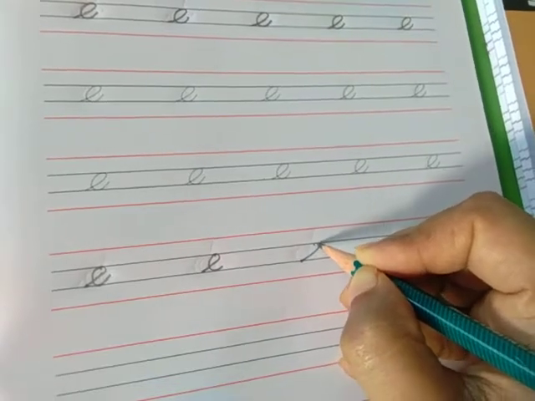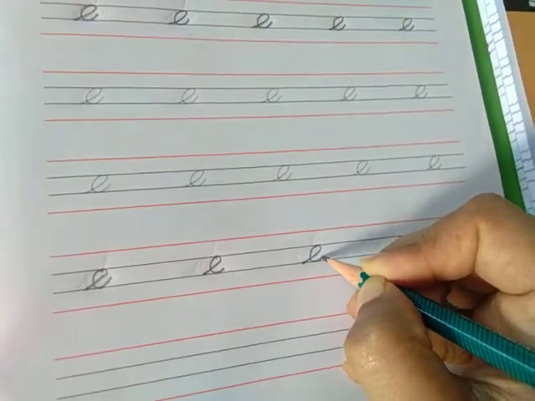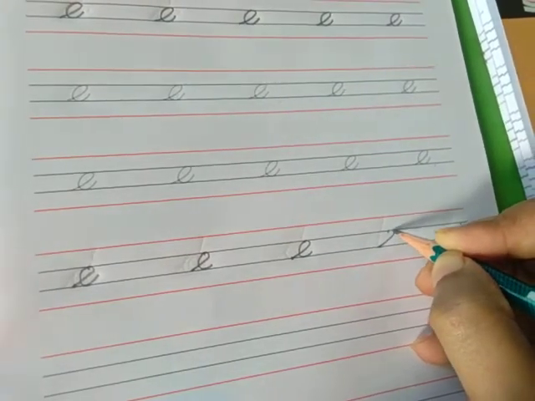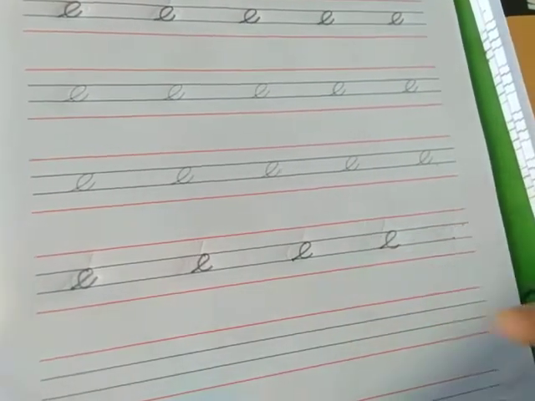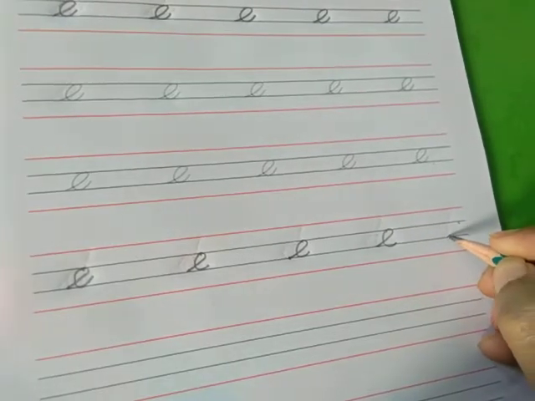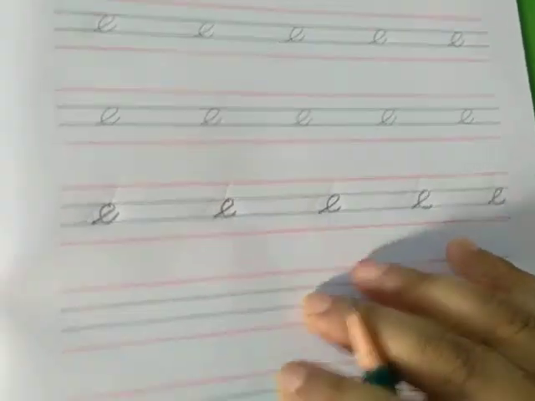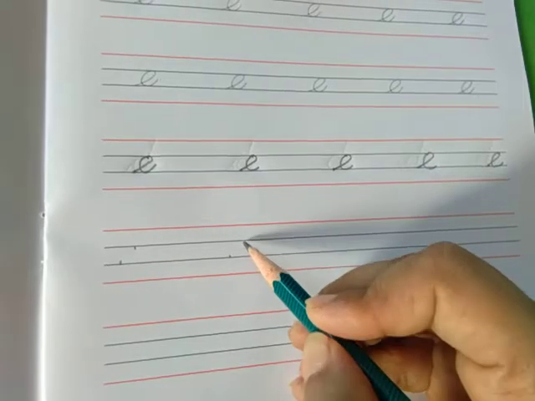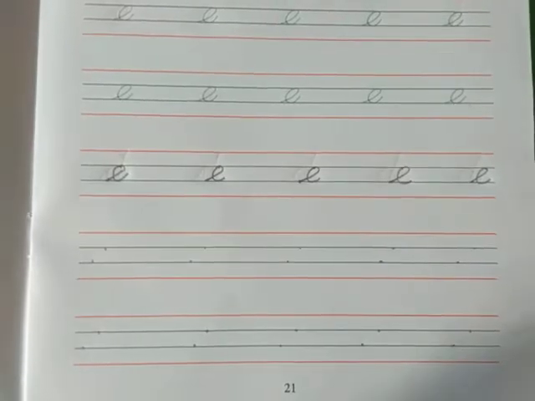That means you don't have to touch the point directly. You have to touch the point when you take a curve. Like this. This is letter E. Okay? So likewise you will practice here also in these two lines. Likewise you have to practice up to the marked points. Now turn the page and practice letter F.